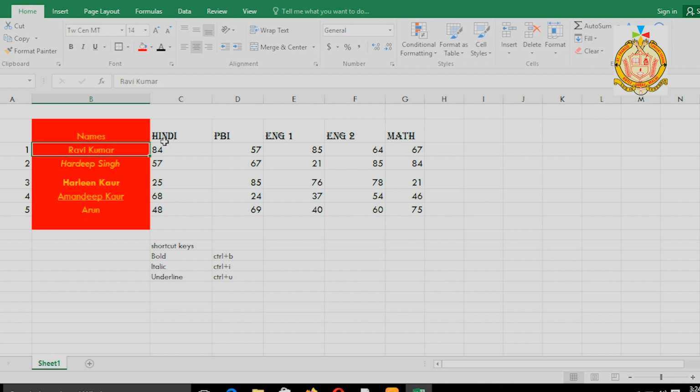For this we need a cell reference, meaning where our data is referring, then we will use this formula. These are called operators, like plus, minus, division and multiply. With the help of these operators we will use formulas. Okay, so I'm going to teach you how we can put a formula in Excel.